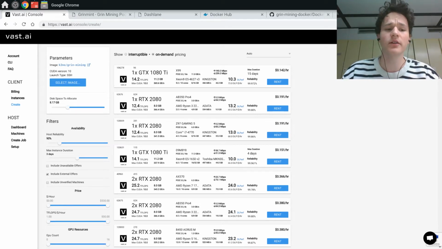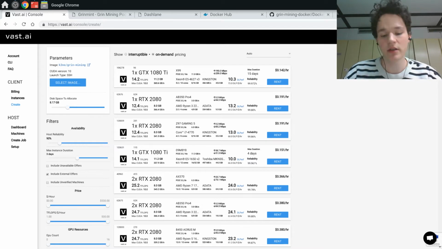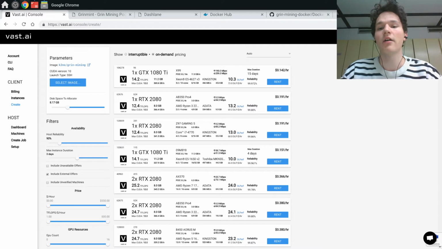And also, what I really like about it is that they offer a containerized setup, which allows you to choose a Docker image. What the Docker image is, it's an image with all the software bundled you need to do your computation. You can either select an existing image or create your own one. For mining Grin, I've built one